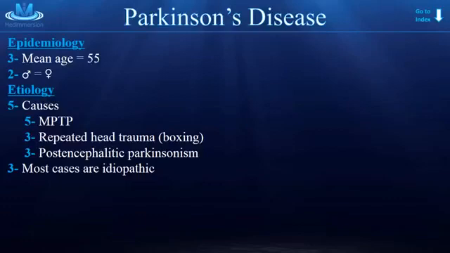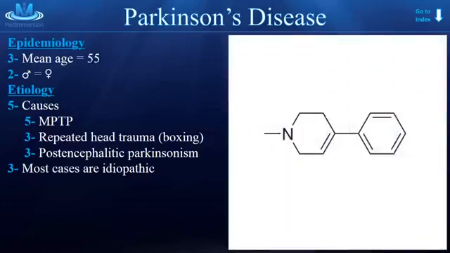As for etiology, causes, most cases of Parkinson's disease are idiopathic. However, you aren't going to be tested on that. You are going to be tested on more substantial causes. So for example, the first, 5 out of 5, MPTP. MPTP is a neurotoxin, and it causes symptoms of Parkinson's disease because it kills the dopaminergic neurons in the substantia